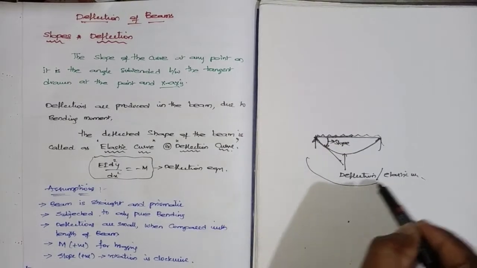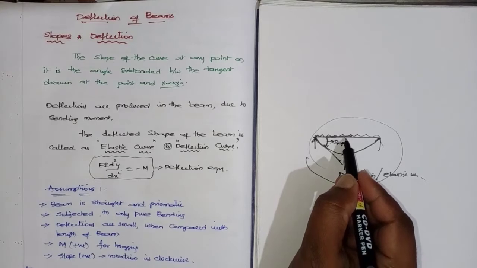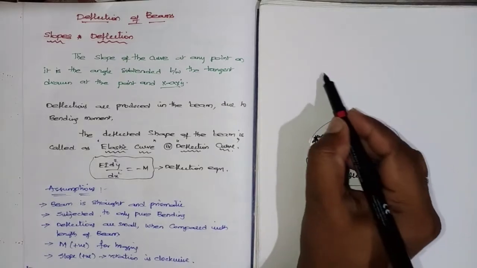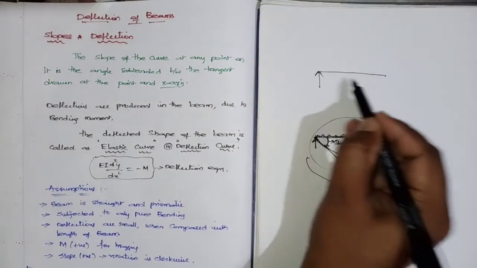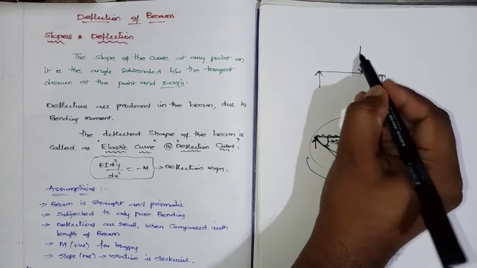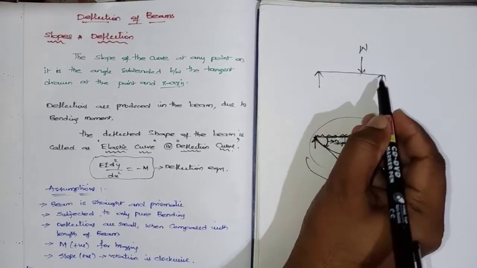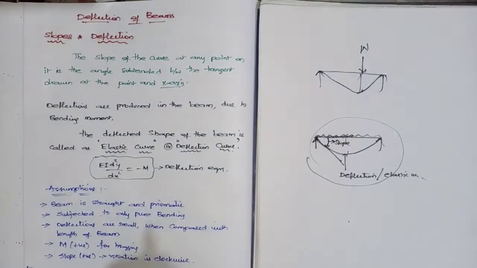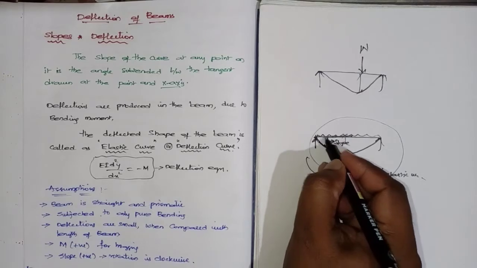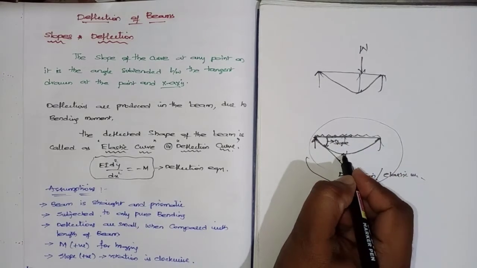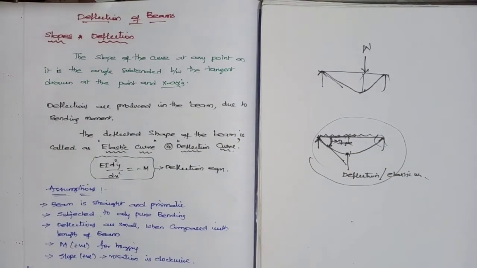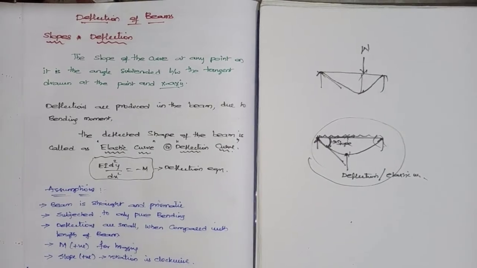From this figure you can confirm that the maximum deflection for a simply supported beam will be at the middle or under the loading. What I mean by under the loading is, suppose a beam has eccentric loading, then the deflection will be maximum under the loading. If it is a symmetrical UDL loading, the deflection will be maximum at the center, whereas the slope will be maximum at the supports.